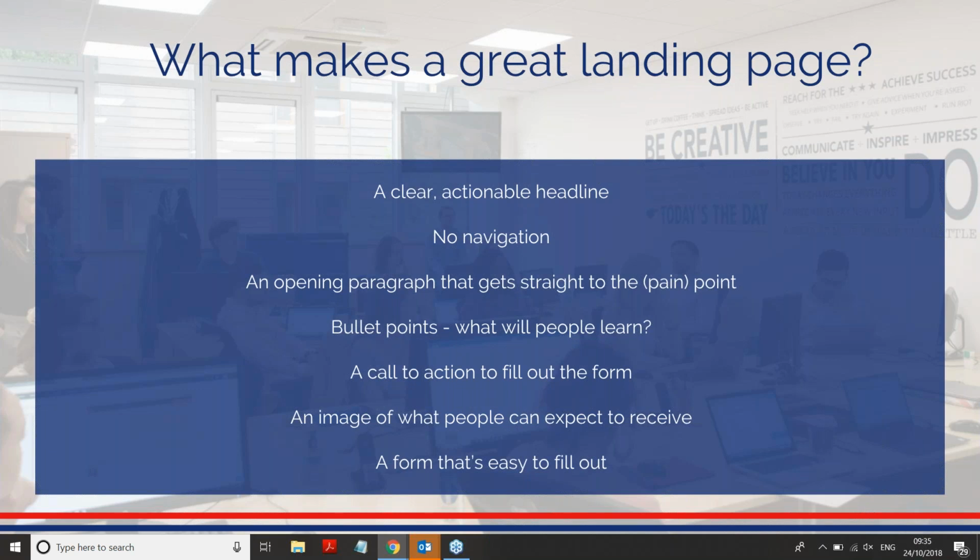We always recommend using about 5 bullet points to really pinpoint what people will learn from the piece of content that you're promoting. So maybe picking out some statistics from a white paper, and saying things like find out why X is happening, and showing how your piece of content will help solve the problem that you've outlined in that